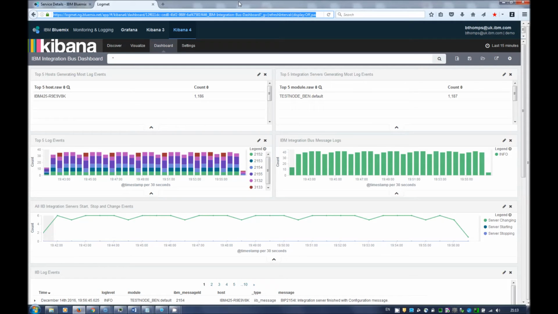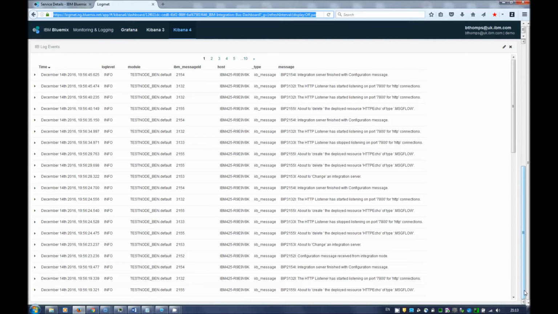Each event has a so-called BIP number associated with it, which uniquely identifies it within our message catalog. And then the events themselves are available at the base of the dashboard. So I'm just going to scroll down for a moment and have a look at what they look like. So here you can see that they carry an identifier for whether they're classified as errors, warnings, or informational messages. And we also put out some basics like a timestamp, the name of the integration node and the integration server that produced the log entry, and of course some text telling you what occurred in longhand. If we move back to the top of the dashboard,